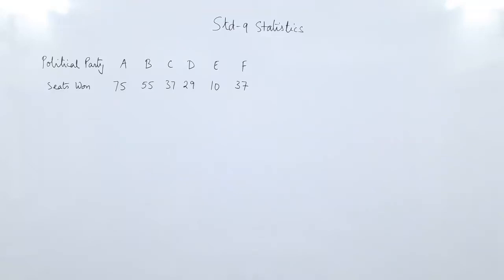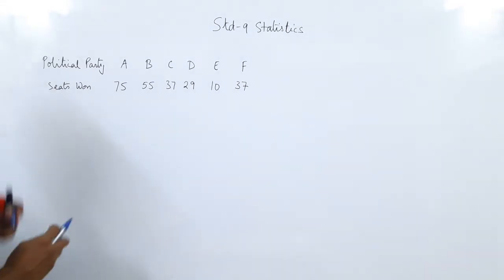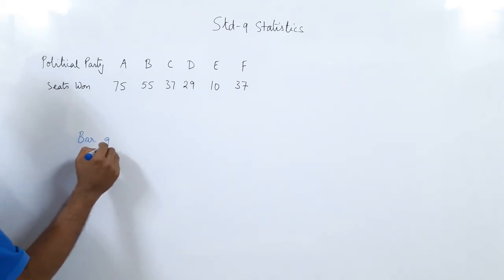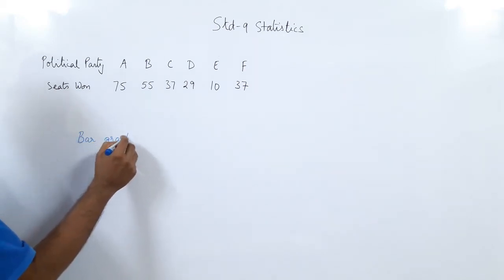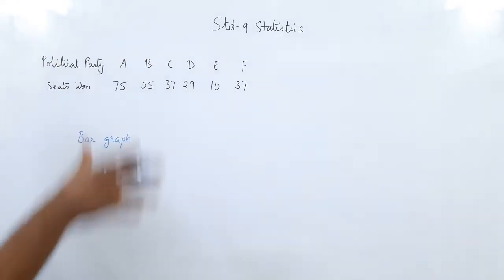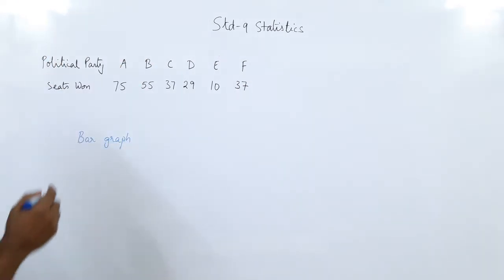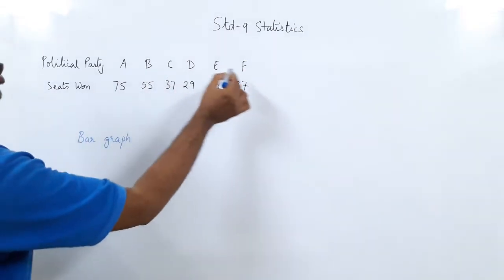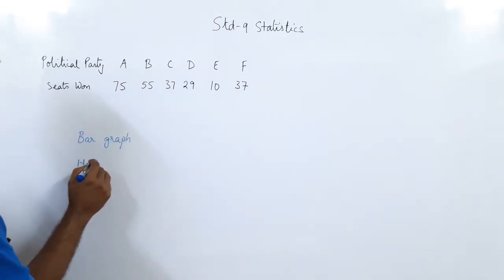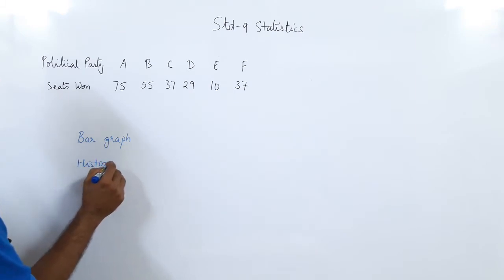Good morning, friends. Now that we have done the graphs, which are the different types of graphs you have done so far? We have worked with the bar graph. So I hope you remember what the bar graph is. The bar graph is a graph represented in the form of bars where the data on the x-axis is non-numeric or non-continuous. If the data is continuous, we go for a histogram.